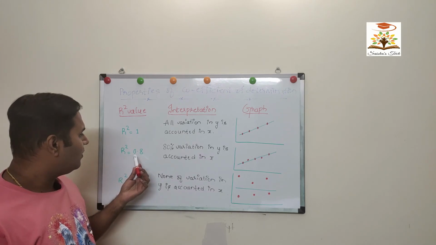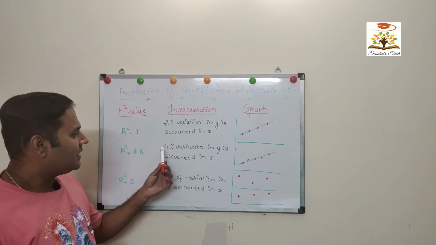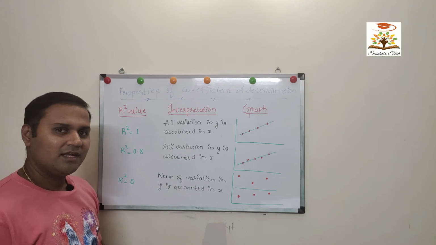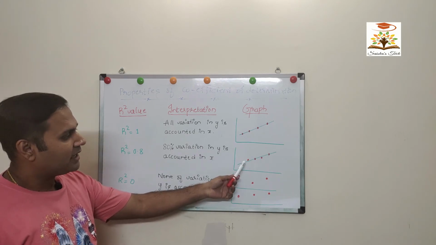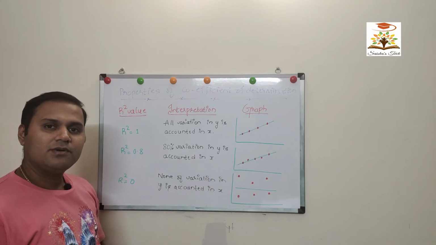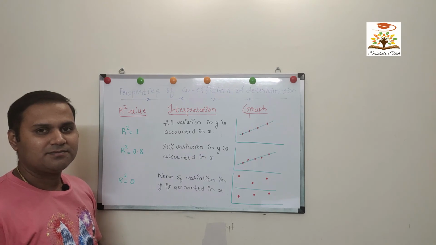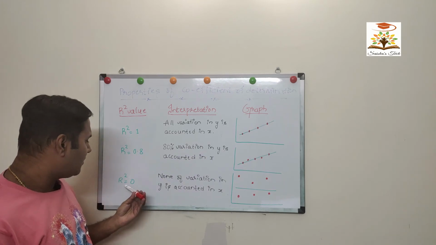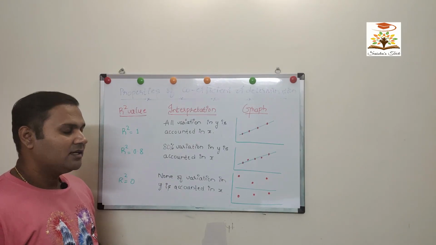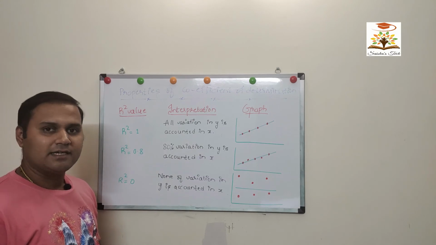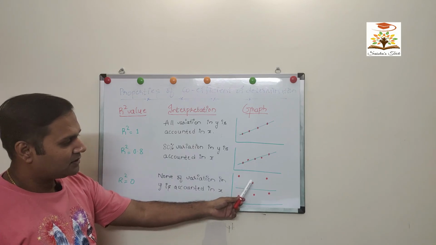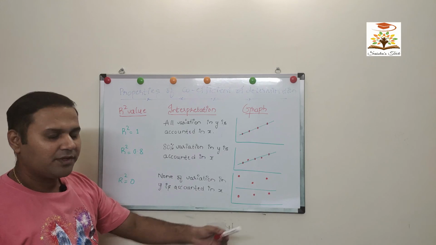If R-square is equal to 0.8, it means that 80% of the variation in y is accounted for by x. Here in the graphical representation, you can see all the elements except a few of them are explained by x. If R-square is equal to 0, it means the variation of y cannot be explained with the attribute x. As you can see in the graphical representation, the y values are not related to the x values.